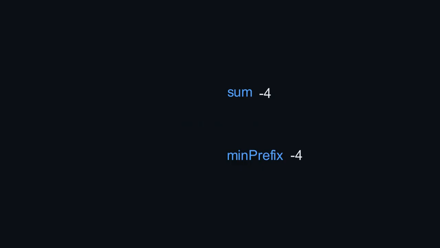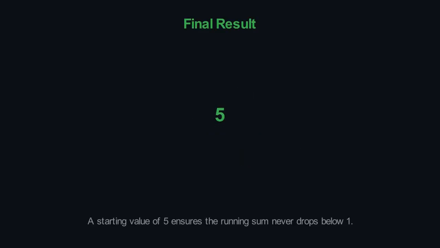Our required starting value is the maximum of 1 and 1 minus -4, which is 1 minus -4, or 5. The maximum of 1 and 5 is 5. So the minimum positive starting value is 5. This ensures that even when our running sum hits its lowest point of -4, adding 5 brings it to 1,